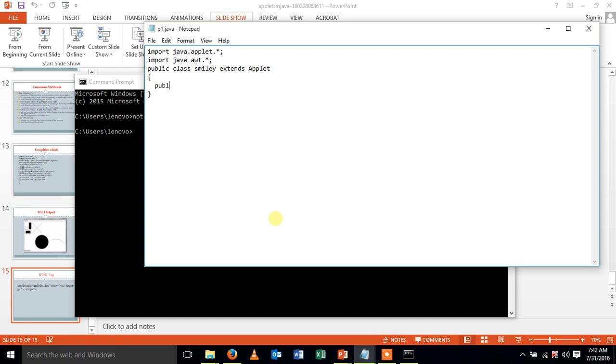Create a function paint. Inside that paint function, give Graphics space, the object of the Graphics class.